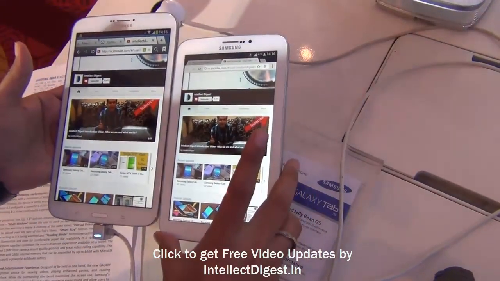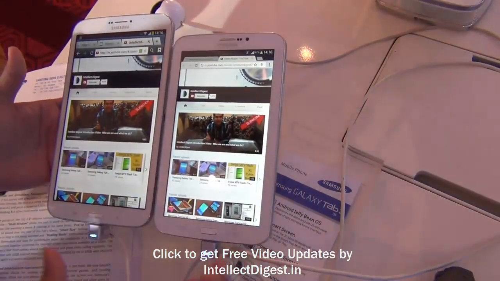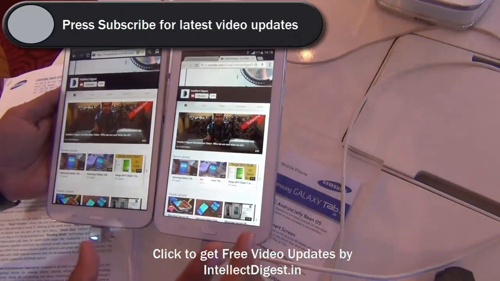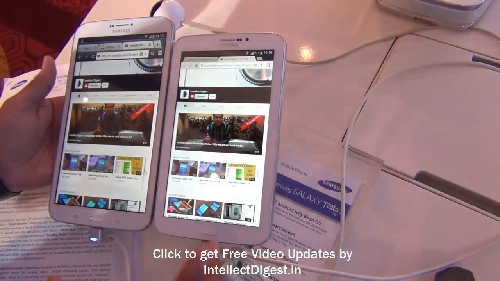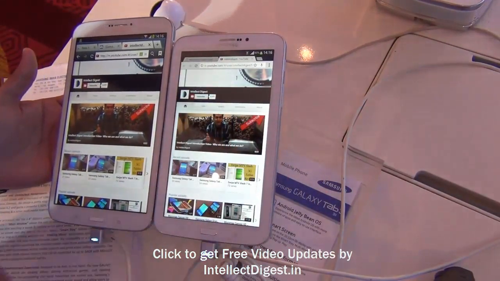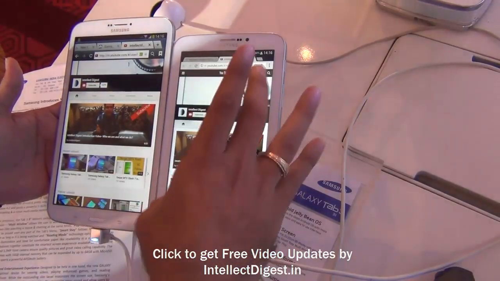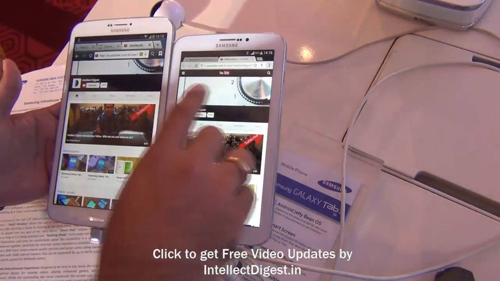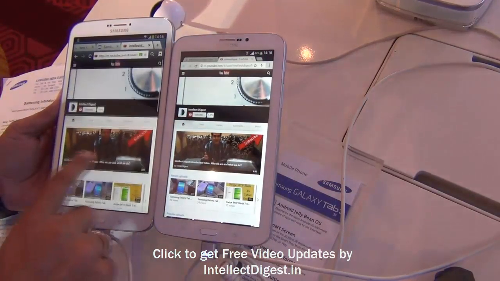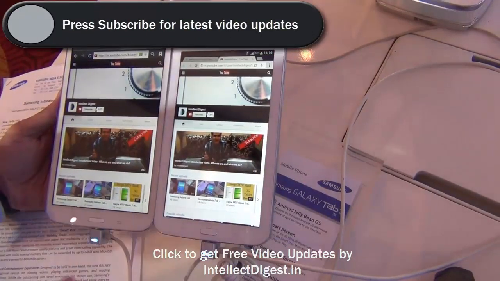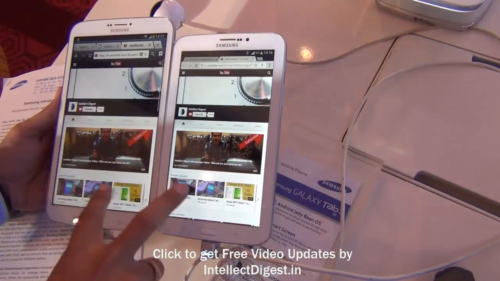One of the major similarities is that they are in the same series, have a dual core processor, and a similar kind of build and display. But there are many major differences like the display size, resolution, quality, as well as the features they have on offer. Starting with the display, the 7-inch device has a 7-inch display with a 1024 by 600 resolution, whereas the larger 8-inch tablet comes with a 1280 by 800 almost high definition display, and you can see the difference in the display.